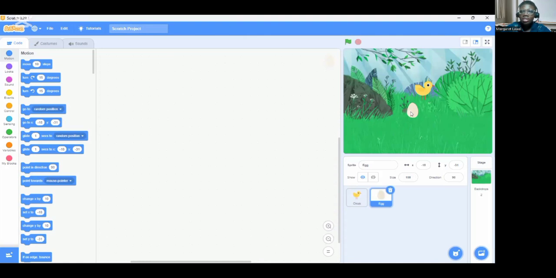Now, explaining the different motion. The first thing is the go to XY. Now, I want this egg to go to a particular location. So when I click the flag, I want the egg to go to it. Now, let's start. When flag clicked,